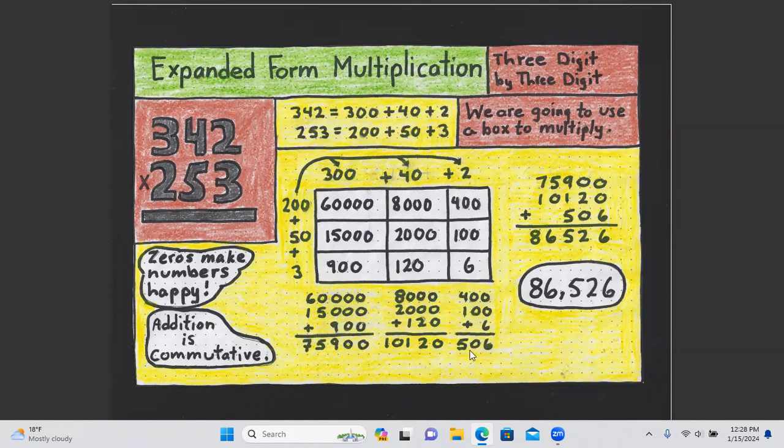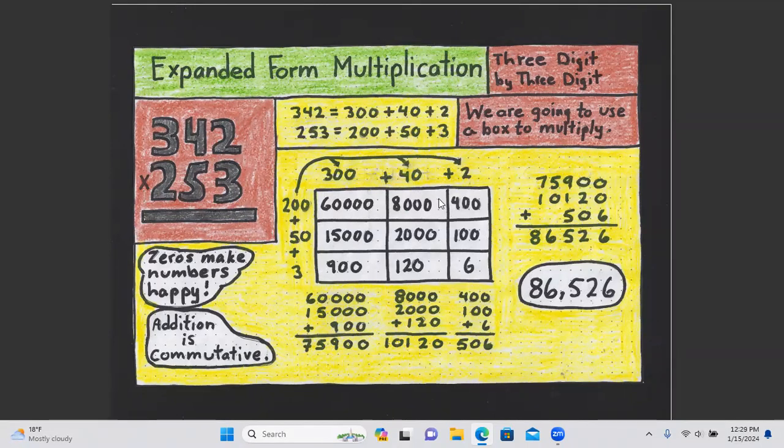Then we add these 3 numbers to get our final answer. We're going to do that right here. 75,900 plus 10,120 plus 506 will give us 86,526. You just received a lot of information, so this would be a good time if you'd like to pause the video